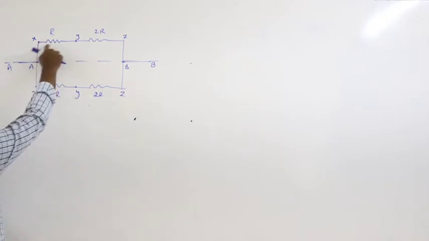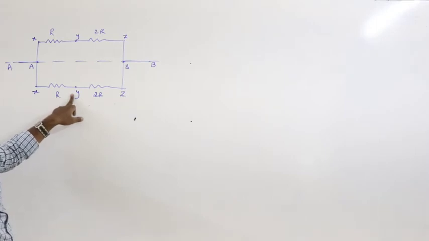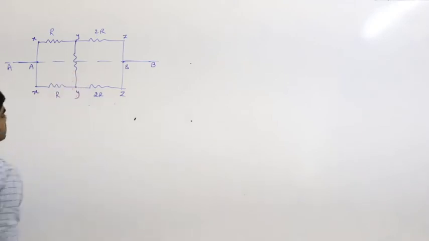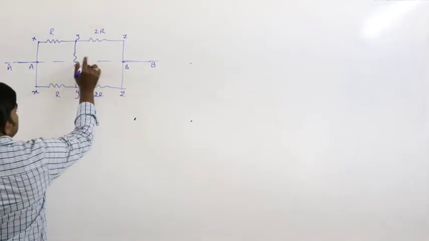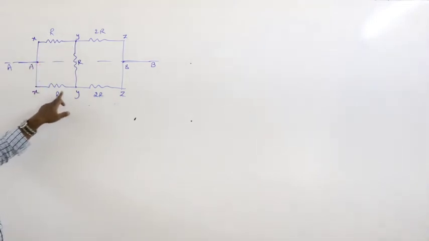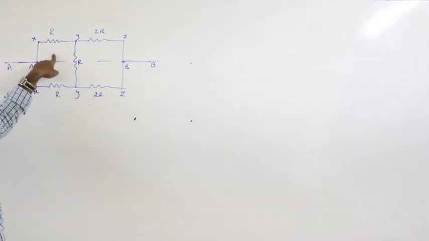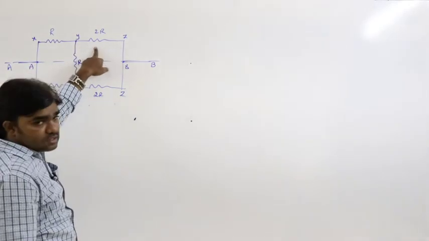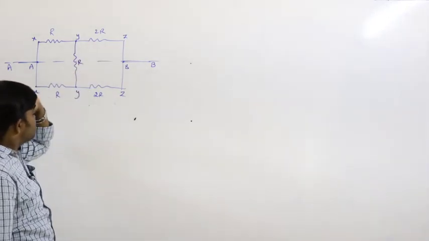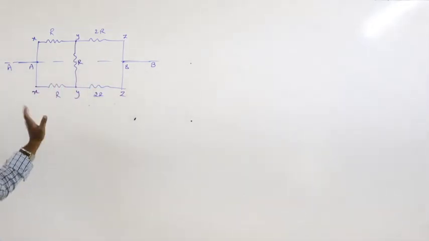Between X and Y the resistance is R. Here also between X and Y the resistance is R. Sorry, this is also there. So, this is R. Between X and Y the resistance is R, same potential difference. That is why these two are in parallel. Next, between Y and Z the resistance is 2R, and here also between Y and Z the resistance is 2R. Same potential difference, so 2R and 2R are also in parallel. Like that we calculated all this.